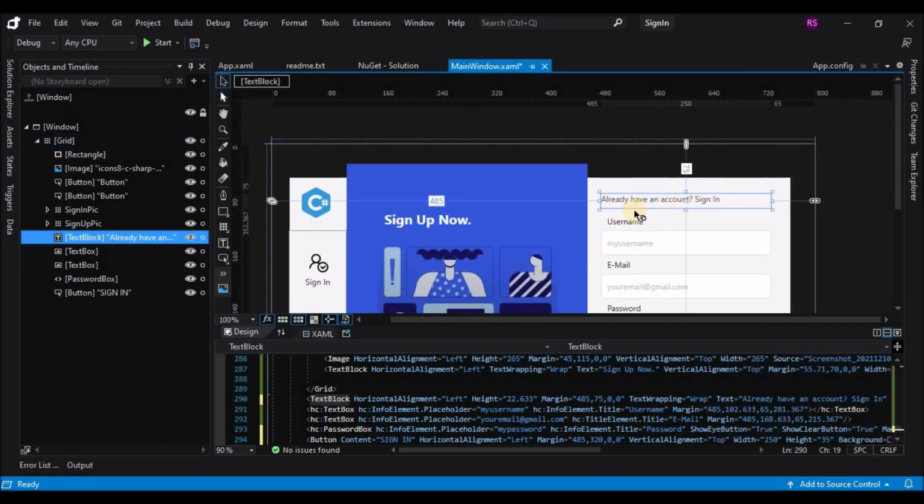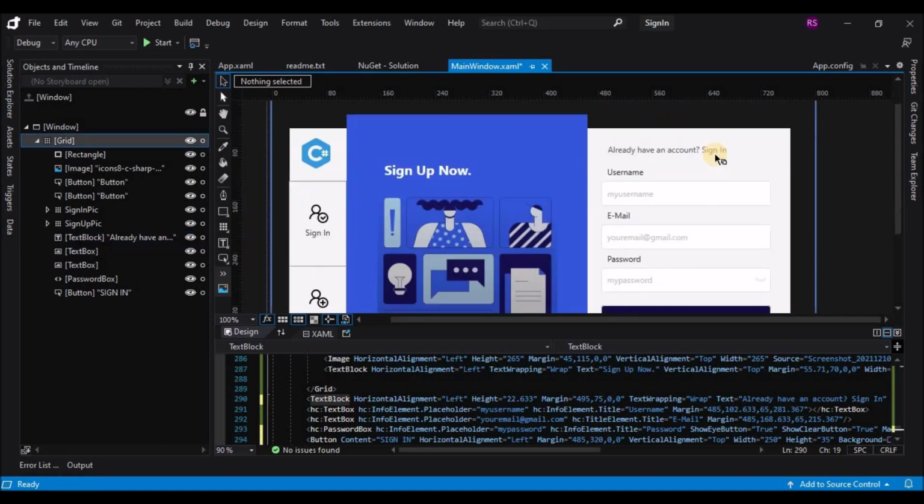Yeah, and also let's change the alignment. Let's align it to the username.